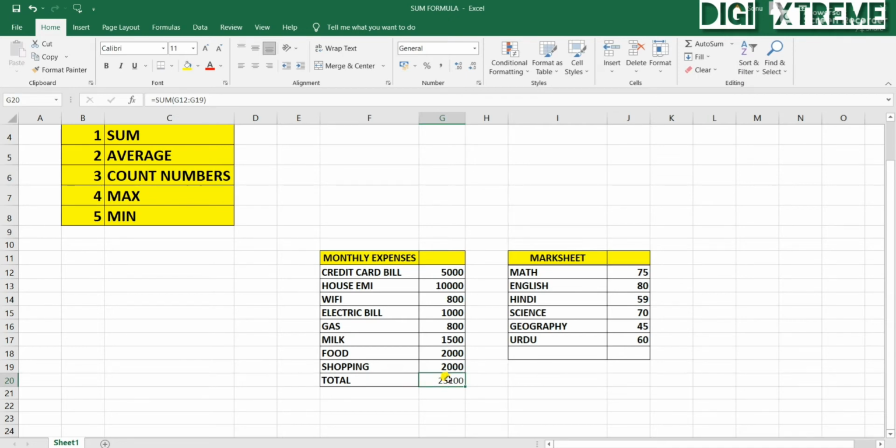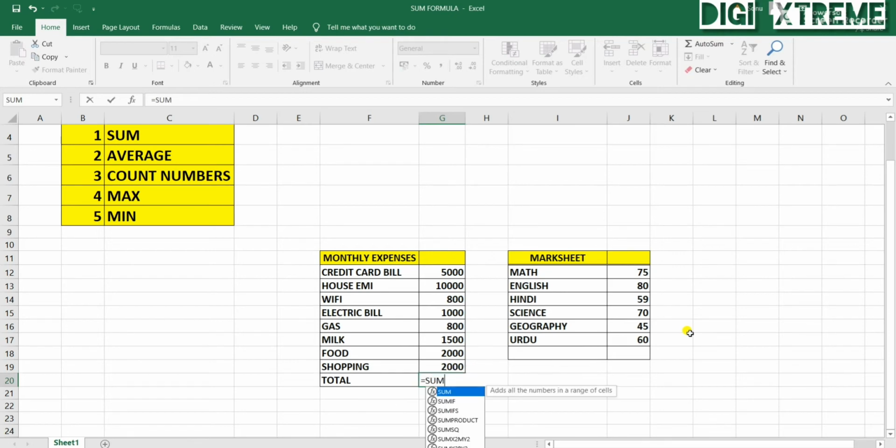Now let me show you one more way. Again equal to. What we can do, let's first type SUM, or to open the bracket you can also use tab. This will open the bracket. Now select the first one.